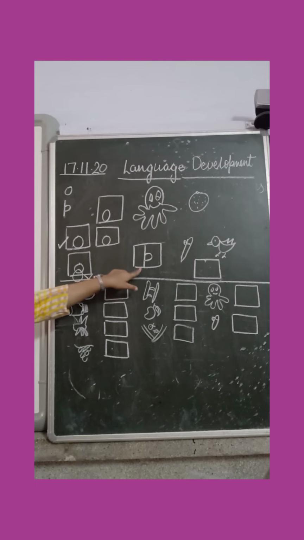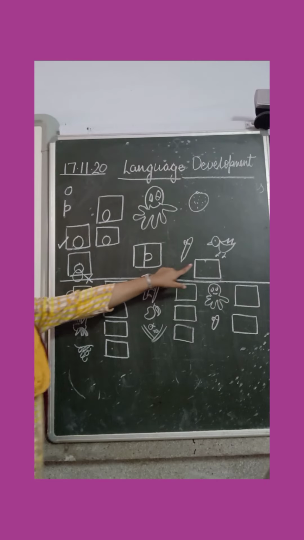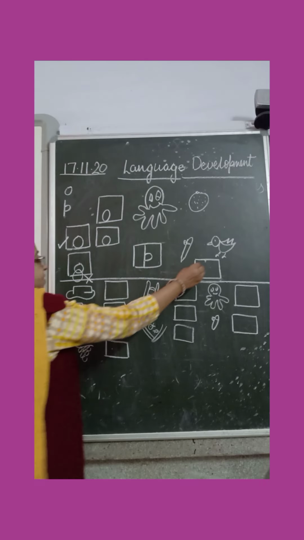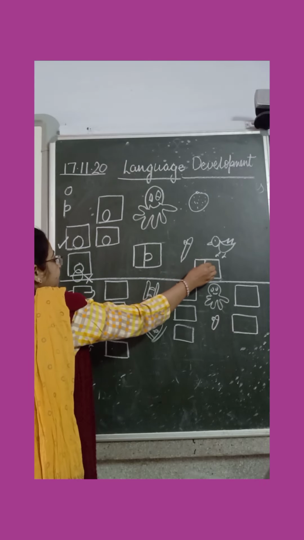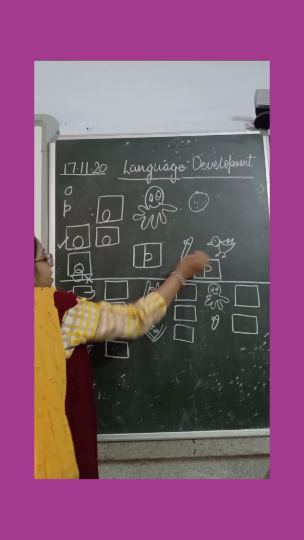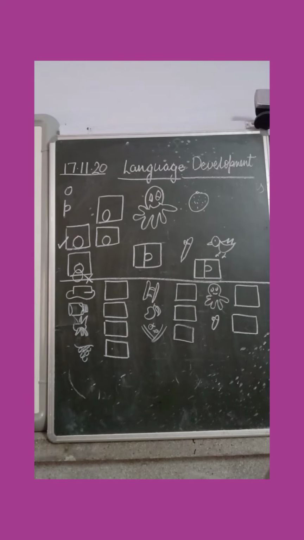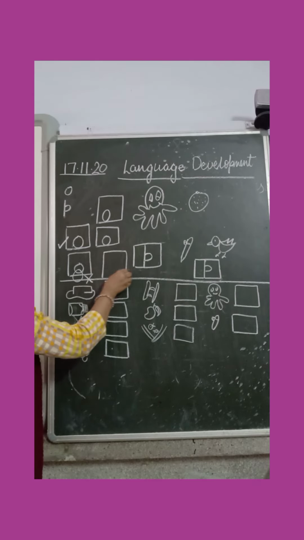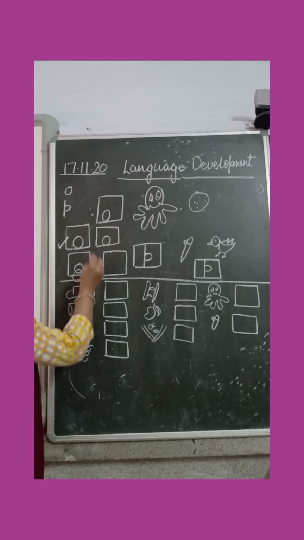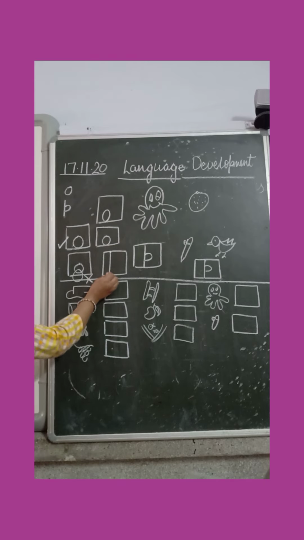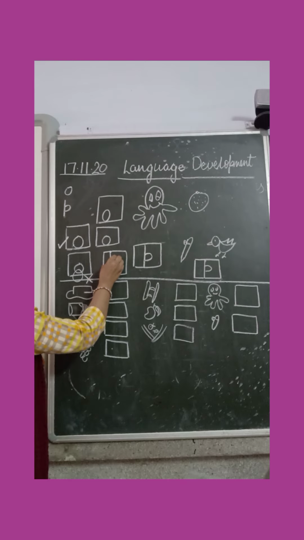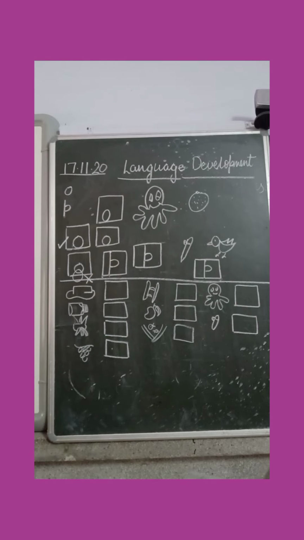Okay? Then P. So mama will give you a dot like this. Again it is easy, standing line, and in the center you will make like this. Okay, this is small p. Once again I will tell you, mama will give you a box, a dot here, standing line, and you will touch the standing line to the baseline, and then in the center you will make like this. Okay, a semicircle. So this is small p. Okay, so it's very easy now to write small o and small p, right? And now you all know the sound also.